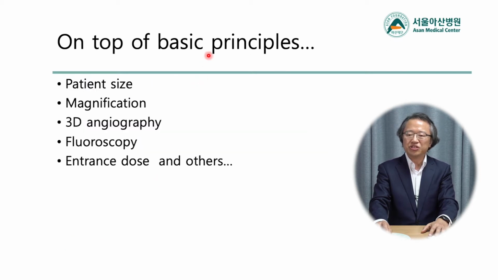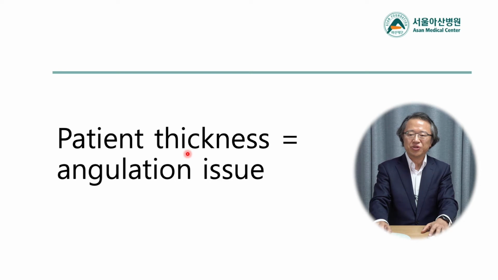Since we can measure the dose simply with AK, air kerma, and the DAP, dose area product, we are now able to manage the radiation dose. There could be a lengthy list to consider. Let's look into some of the basic points from the patient size to the entrance dose one by one. The first issue is the patient size, the thickness of the patient. We have no choice with the size of the patient.